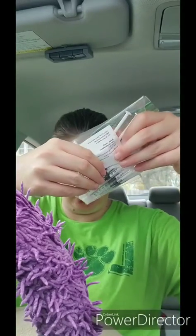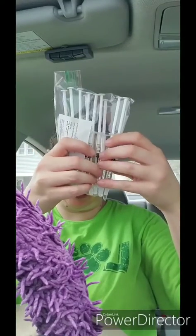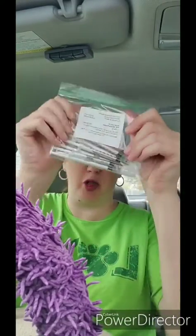There it is. There's his Baytril. He's got 10 days of antibiotics that he has to take every 24 hours. He also has an anti-inflammatory that'll help him with pain as well, which I know it hurts when he is limping. So he's got that, and there are 7 doses of that, and then a